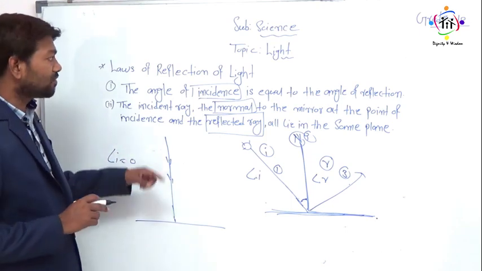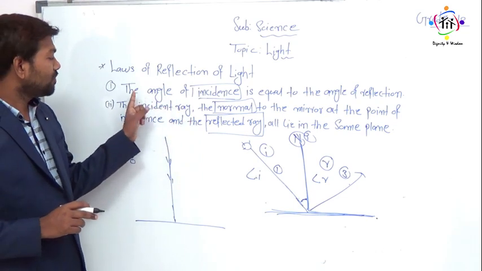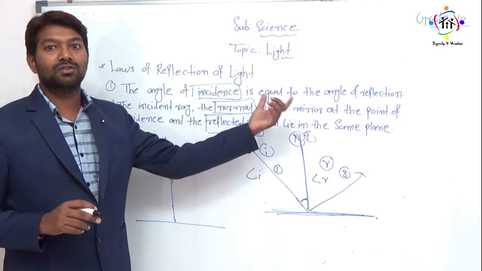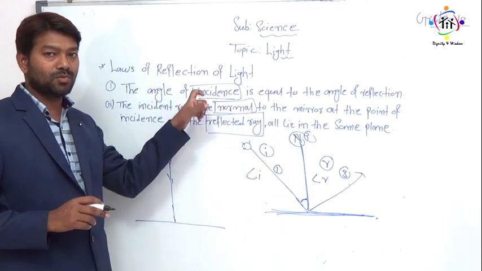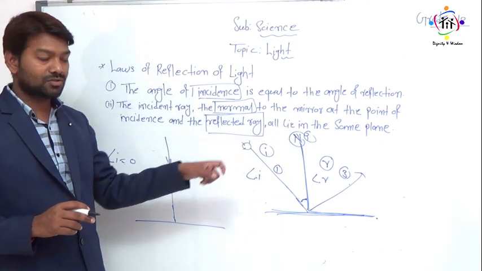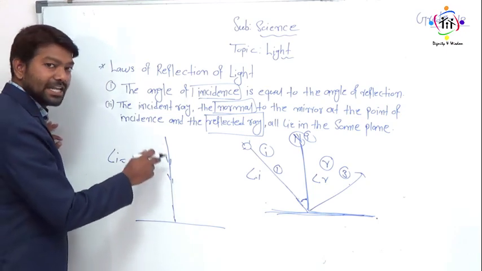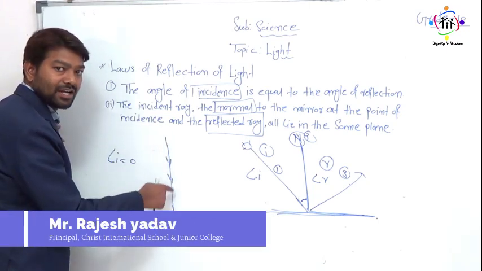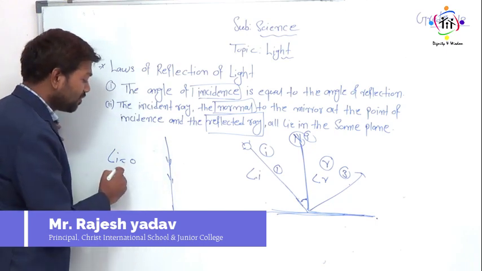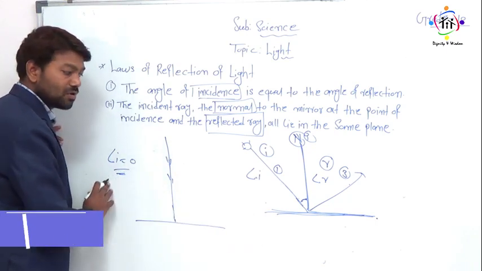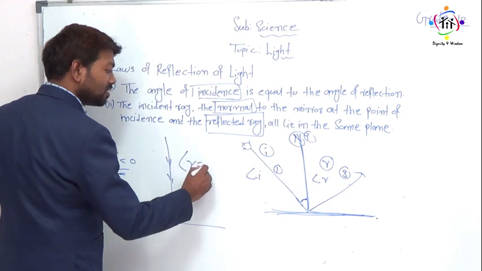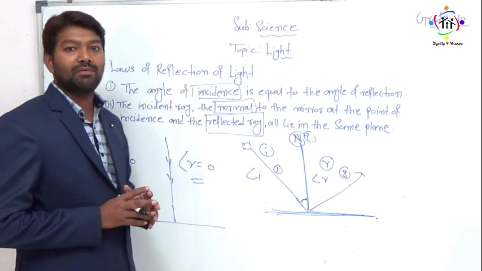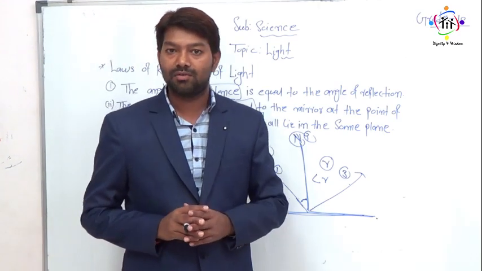And as we know from the first law, if the angle of incidence is 0, then the angle of reflection will also be 0, because both angles are equal. So when light is falling along the normal, in the 90-degree position, the angle of incidence is equal to 0 and the angle of reflection is also equal to 0. I hope you all have understood. Still, if you have any doubt, you can send me a